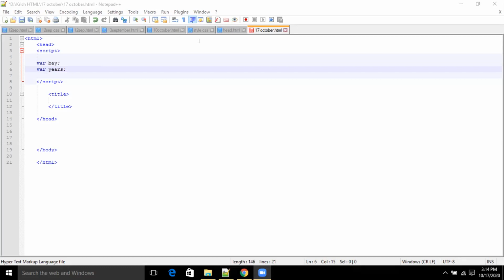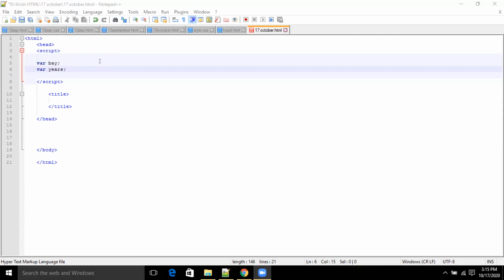So what we are doing right now, we have defined two variables. One variable is by name day, and second is by name years. We have just defined variables because there is some data which will go into these two variables. Whenever you will do programming, you will always have variables over there. Variables are nothing but containers where you're going to hold your data. Now this variable, for example, years, it's an empty variable.